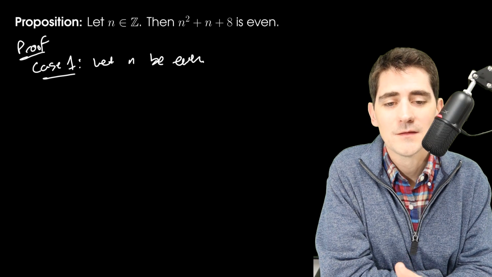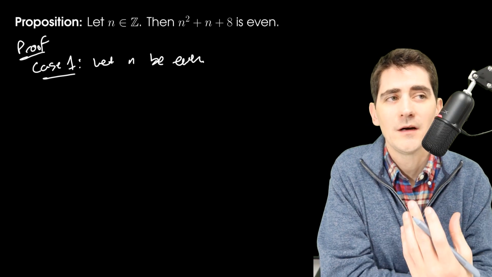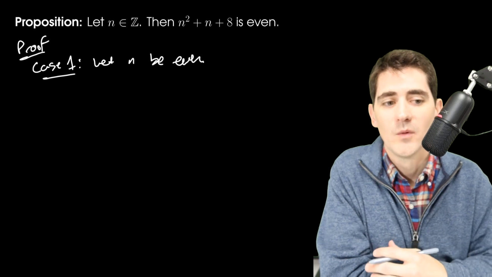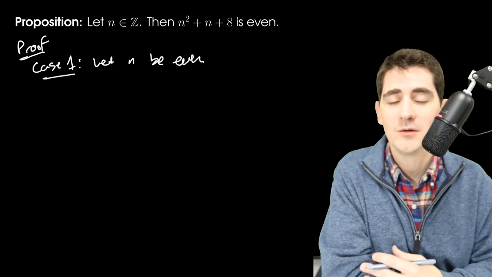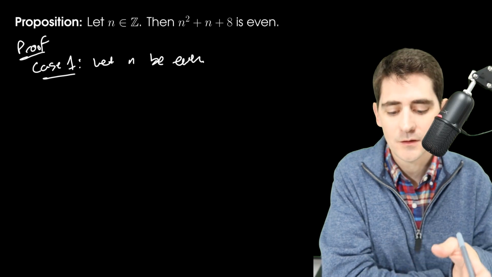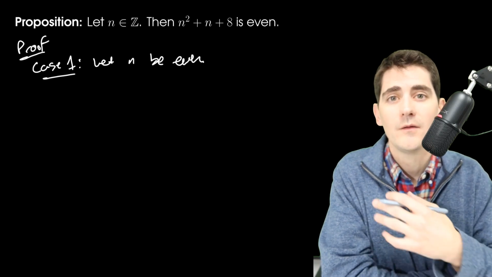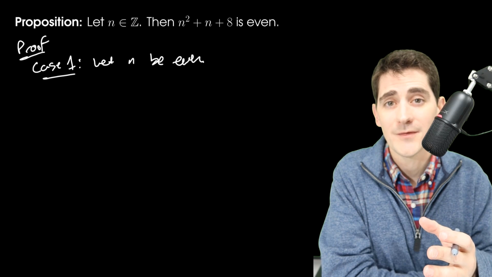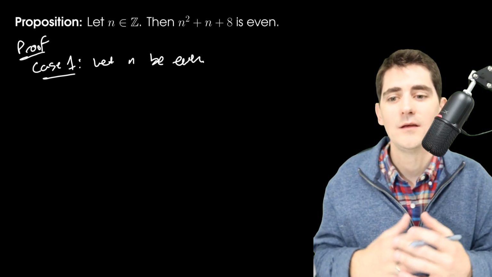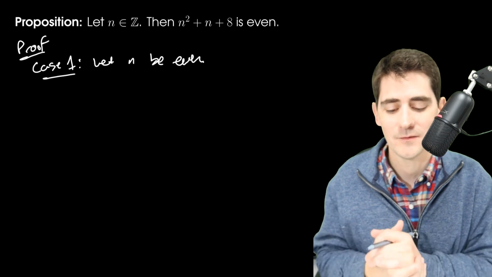Now the idea of cases is that we're subdividing our hypothesis into categories, but we have to make sure that we include every possibility. In this case, even and odd. Those are the only possibilities. And then we're going to show that our result is true for all possibilities of our hypothesis. So our cases are kind of splitting up the work into easier little sub-packets, if you want.